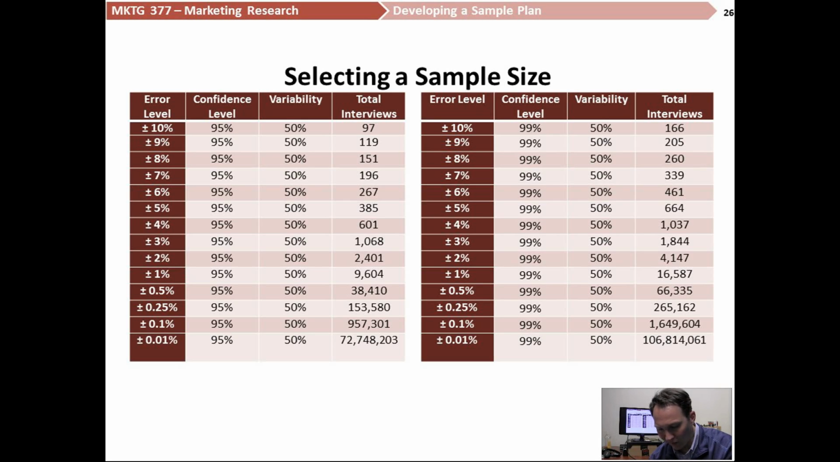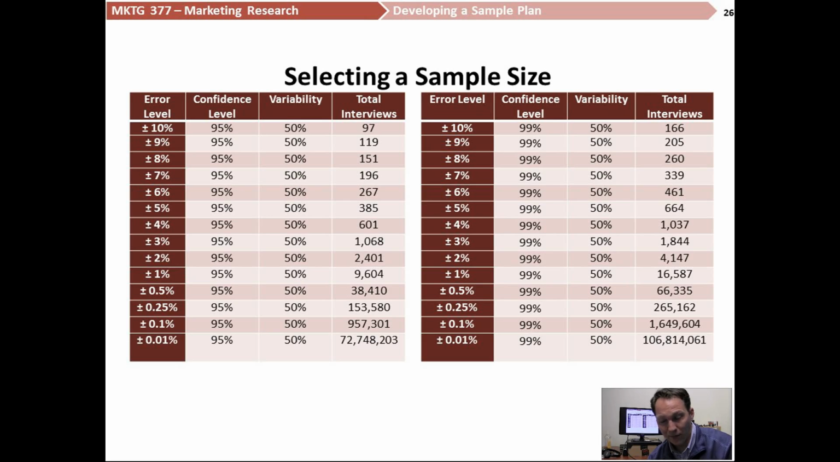And I put here two charts. One with a confidence level of 95% and a variability of 50%. Like I said, 50%, 50-50 split. And then one with a confidence level of 99% and a variability of 50%. And on the far left in both charts, you can see the error level. And the error level is expressed in a plus or minus. So at plus or minus 10%